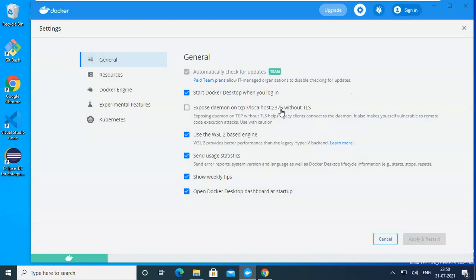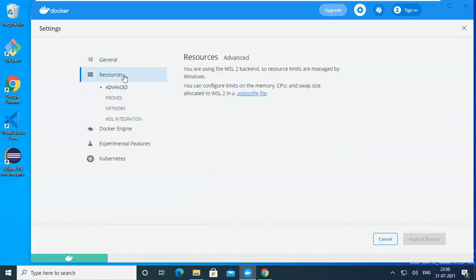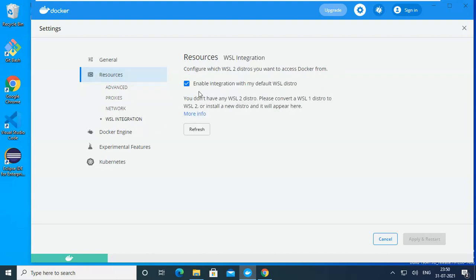You can see this is expose daemon on TCP port 2375. Use the WSL based engine. For example, if you have already installed Hyper-V and you don't want WSL, then you can uncheck this one. It is checked for automatic updates. Then sources, proxy, network integrations.